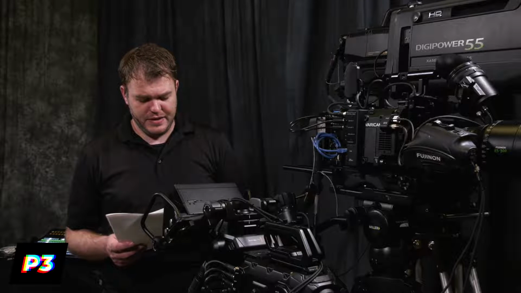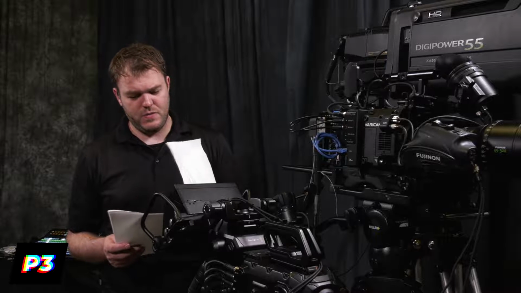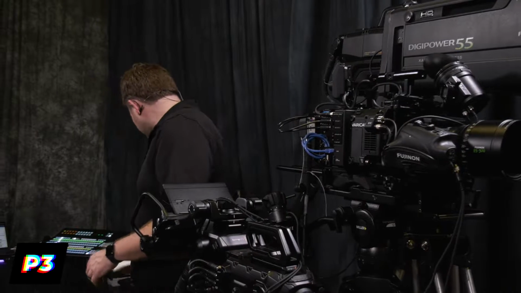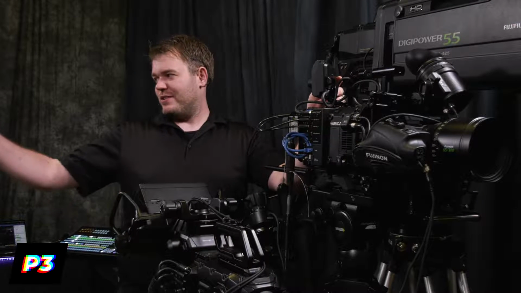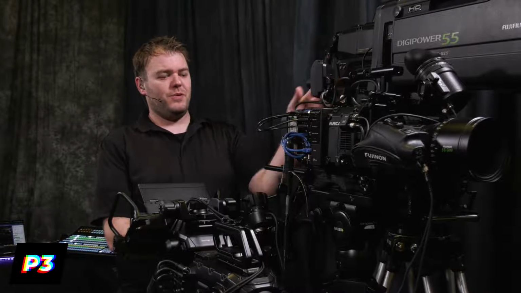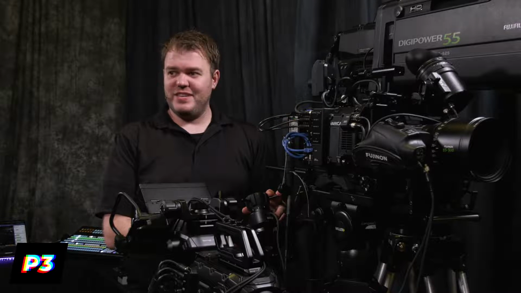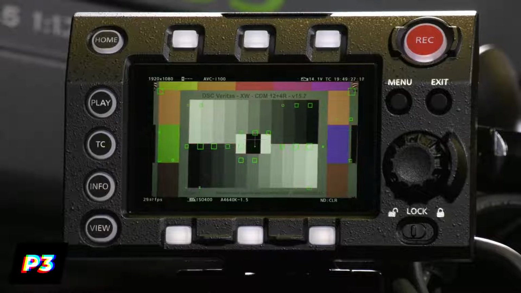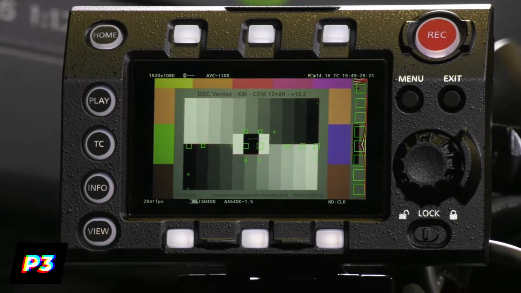Let's see, I think the only other thing that I want to talk about on this camera before we move on is one of my favorite features about this camera, which is the focus peaking. So Nate, if you want to switch to that camera, we are going to show this focus peaking on here, which I just think is insanely intuitive focus peaking. So on the world's tiniest viewfinder,